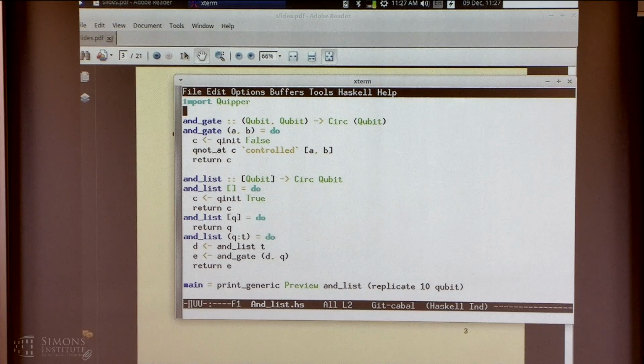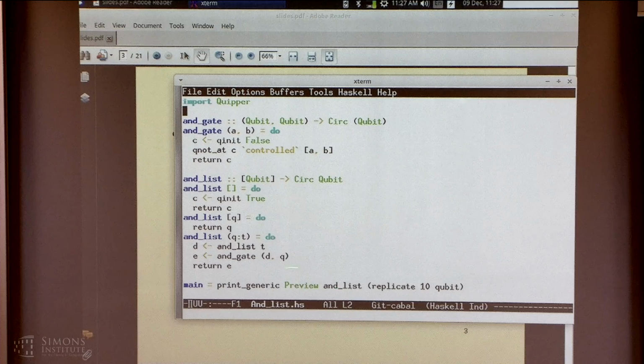As you can see, it's a functional program, written in a functional programming language. And when you want to AND together a list of bits, you do the obvious thing. If the list is empty, you return true. If the list is a singleton, you return just Q, which is actually redundant, but for a singleton I didn't really want to return Q and true, so as a slight optimization we have a singleton case. And if you have a longer list, you just AND together the tail of the list, do one more AND with the head of the list, and return that. So it's functional. It's just writing more or less ordinary functional programs.